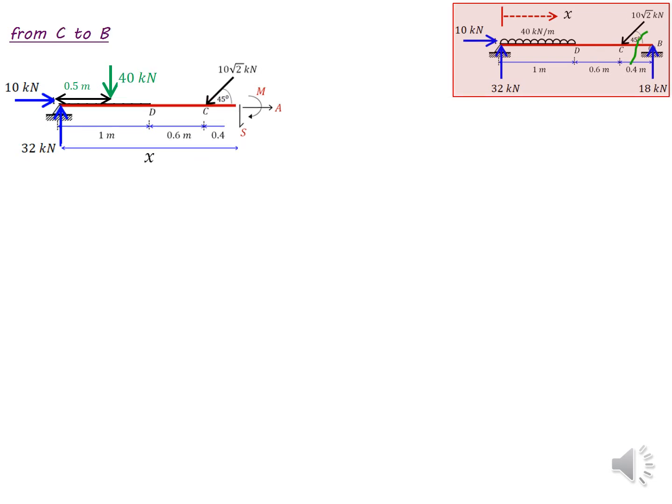Right. Now I think you know how to cut the next section and draw the free body diagram. As you can see in the picture, I have made the third free body diagram where I cut my structure in between C and B. Similarly, you can see I have represented the 40 kilonewton per meter uniformly distributed load as a concentrated load. So we should apply the three equilibrium equations as we did in the previous two cases, and we should find